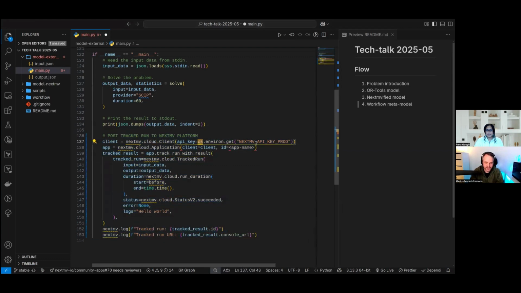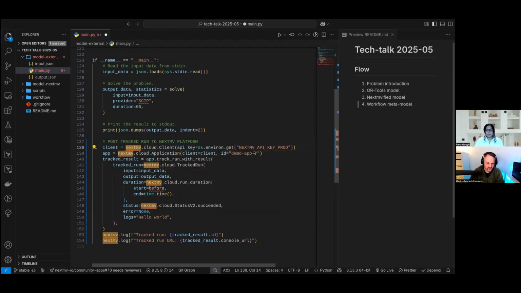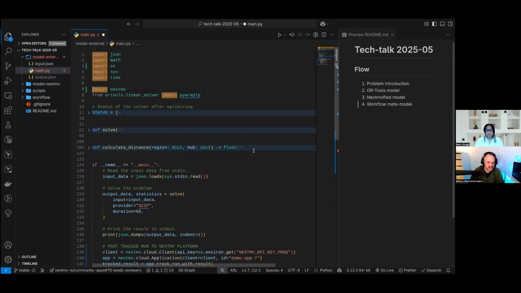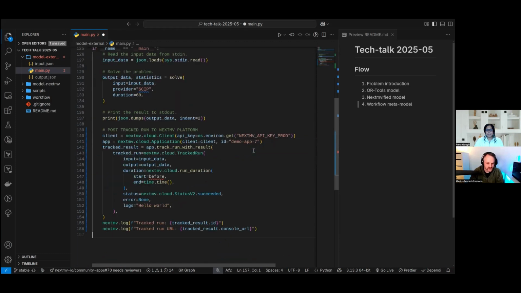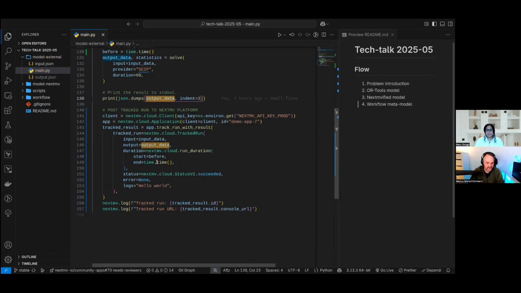For that, I need to have the API key, which I already exported so that I'm not accidentally leaking it. I need to import some things from some Nextmove dependencies, which is basically just Nextmove Cloud, because there's a subpackage in it. And I wanted to also track how long it ran, so to have some statistics. But what am I doing here? I'm basically creating a client to interact with the Nextmove platform. Then I'm creating a